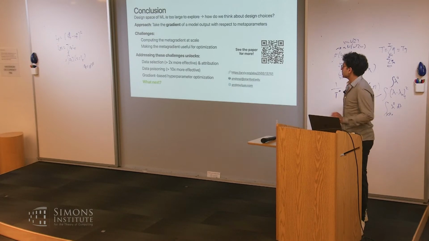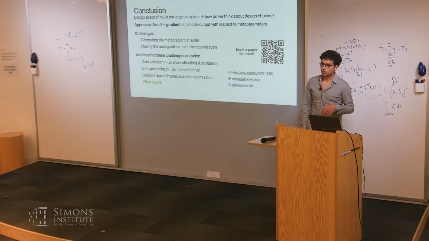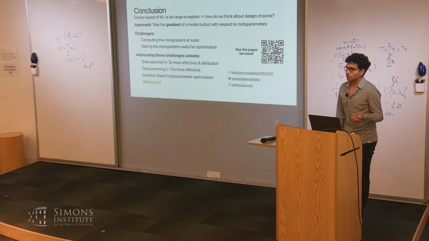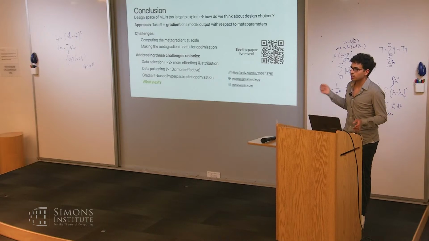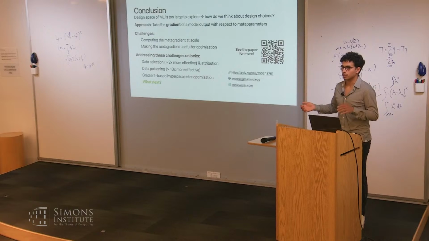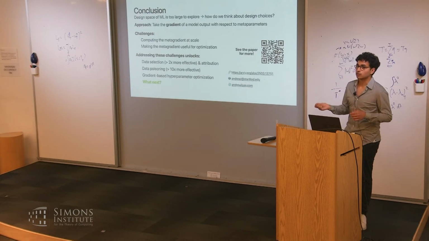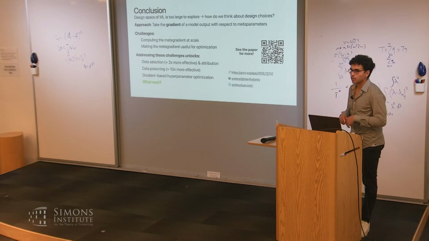That's a great question. I don't know about model scale specifically, but I do know, for example, for DataComp, one successful thing that we had to do for the medium setting is instead of taking the metagradient through the whole model training, you can take the metagradient just through the last k steps of training, where k is some reasonably big number. And those metagradients at least do seem to be predictive of what's going to happen. But in general, tricks like that are going to be needed.